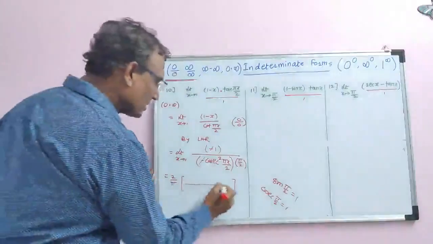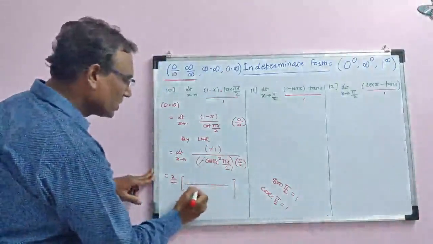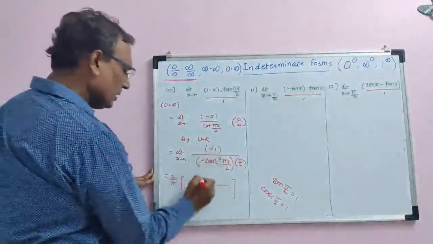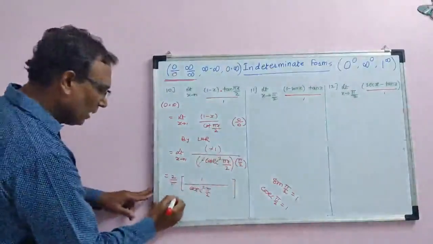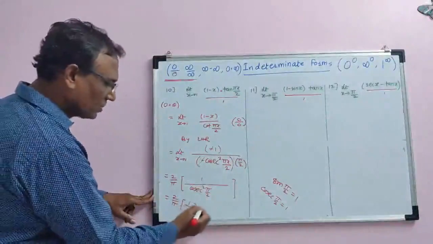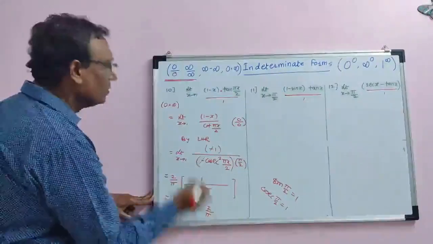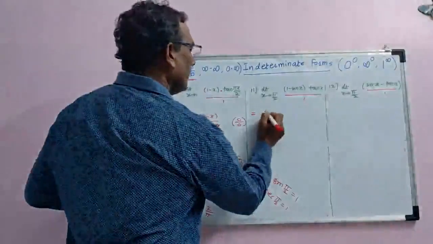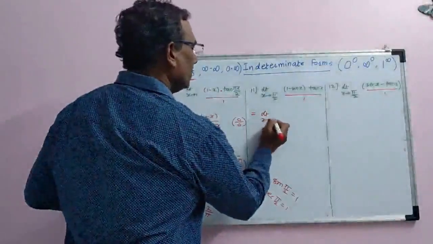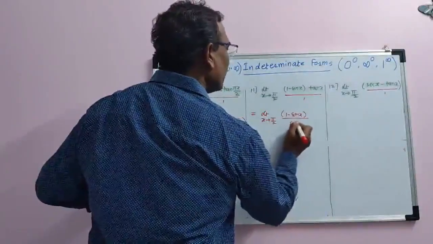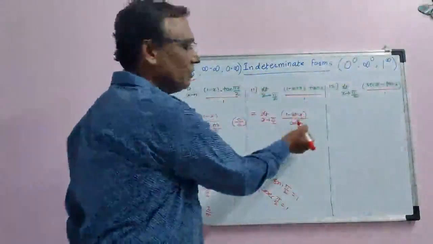So in the next step, put the value cosec square pi by 2 as 1, and 1 is there in the numerator. Now 2 by pi, cosec pi by 2 is 1, and 1 square is 1. That means 2 by pi is the value of this limit. Here, same thing again. Limit x tends to pi by 2. The trigonometric function you can bring into the denominator. This tan can be written as 1 by cot.